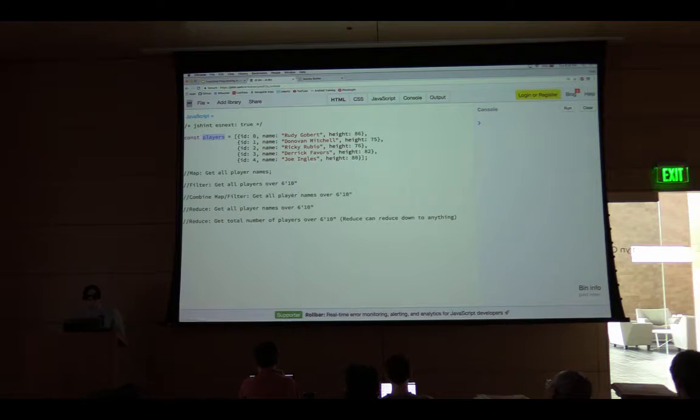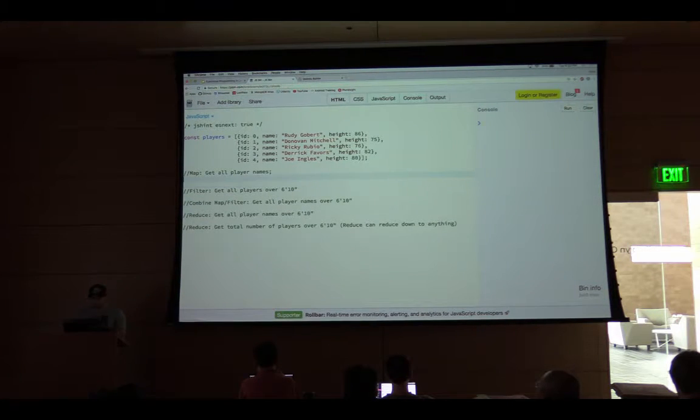But you can kind of think like you'll use this all the time. If you go to the server and get back a bunch of data, oftentimes I'll use map to reduce it down to what I actually want. So a good example of using the map method is we can get all player names by